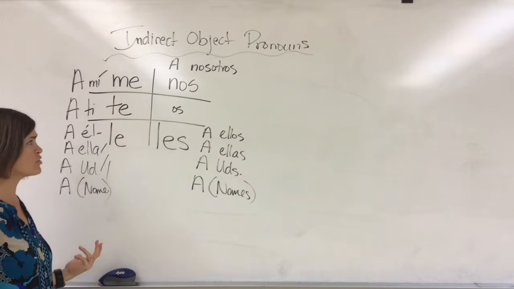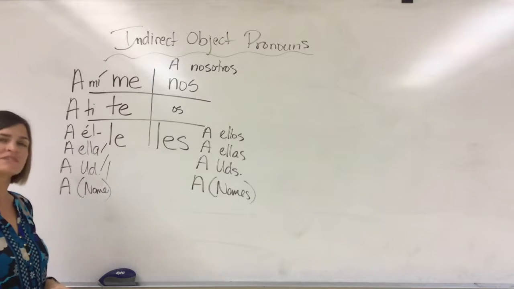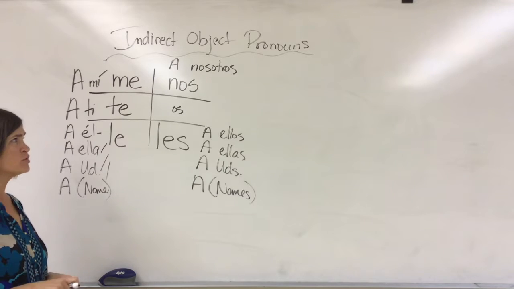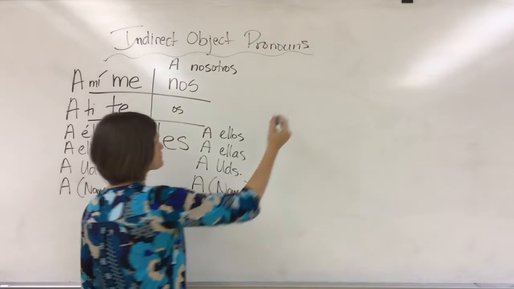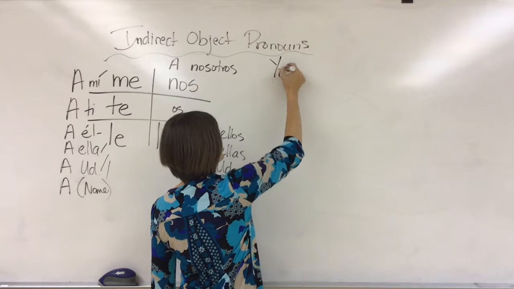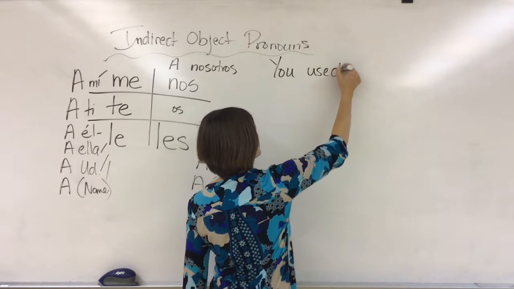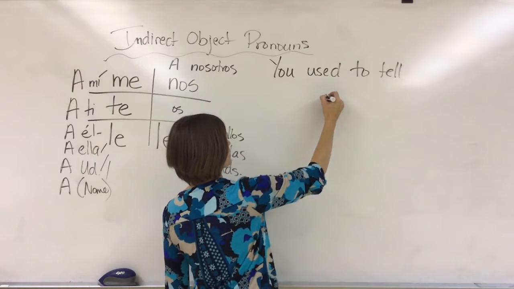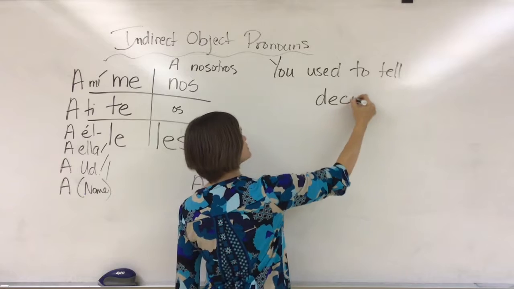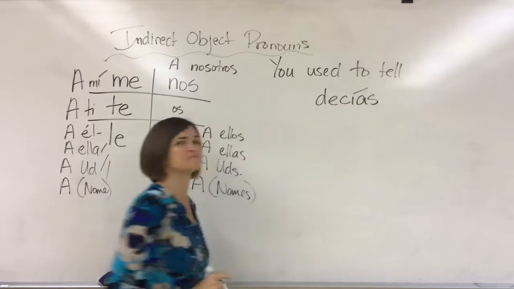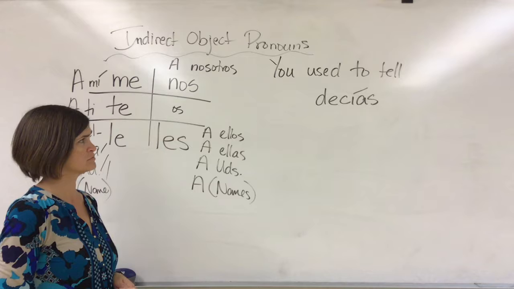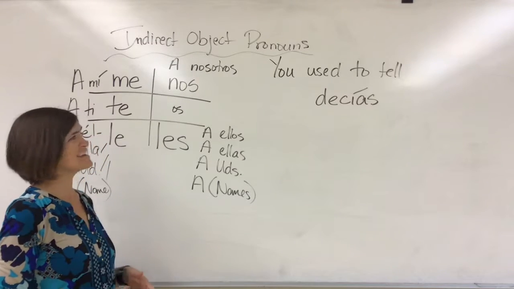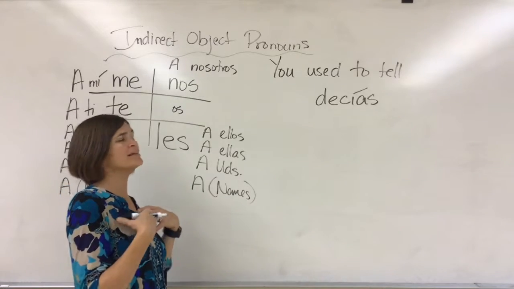In our irregular verb lesson, we talked about the verb decir, meaning to tell or to say. So if you used to say something, you used to tell, we would say decías, you used to tell. So now if we want to say that you used to say it to me, used to tell it to me,